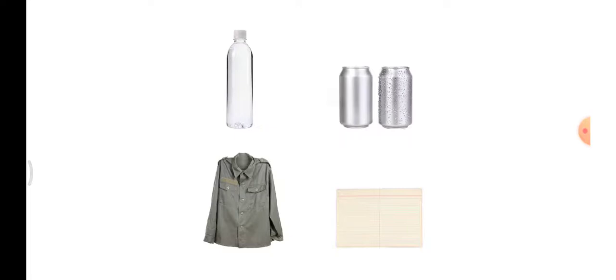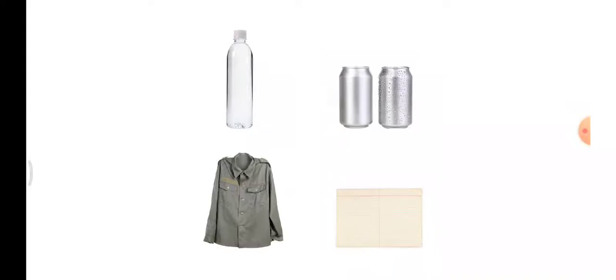How? We can cut the bottle into two pieces and on the two sides we can use them as pencil stands, right? Otherwise, we can cut open the bottle in the middle. You put the bottle horizontally, cut it open a little, fill the bottle with soil, grow some herbs or creepers in it, and decorate your house. Right? The metal cans also can be made into pencil stands, or you can use them for other purposes.